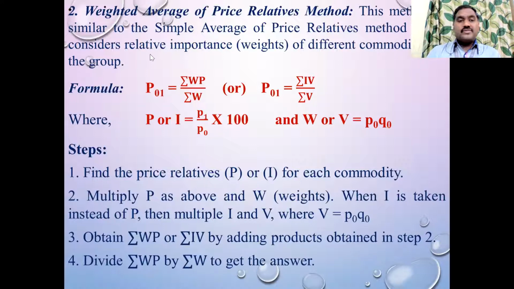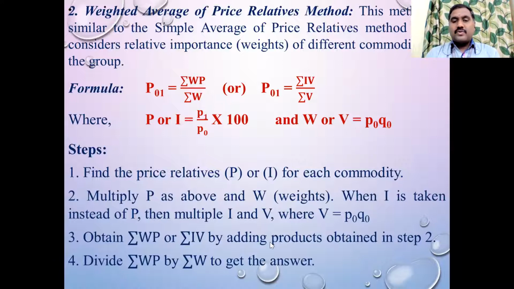Okay, so don't get confused by the formula, guys. Once again, I'm repeating: according to the given values, you work out the problem. Suppose the weight is given, but the P value is not given. Instead of the P value, they gave the price for the current year and base year. That means P0 and P1 are given, but P is not. If P1 and P0 are given, you can calculate the P value using this formula: P equals I equals P1 by P0. And W is already given in the problem. So according to the given values, you need to decide which formula you have to use.